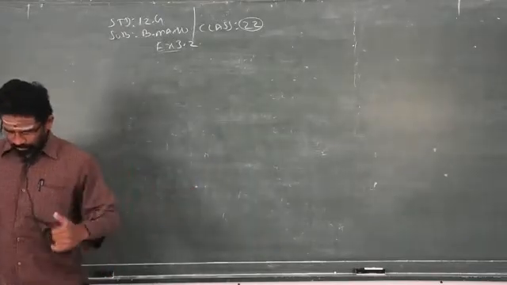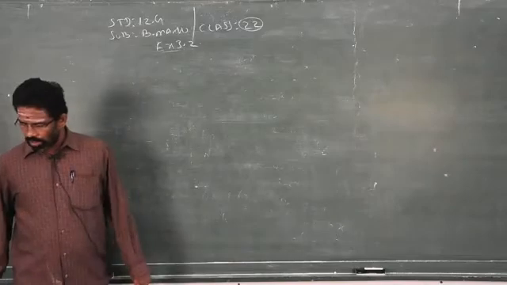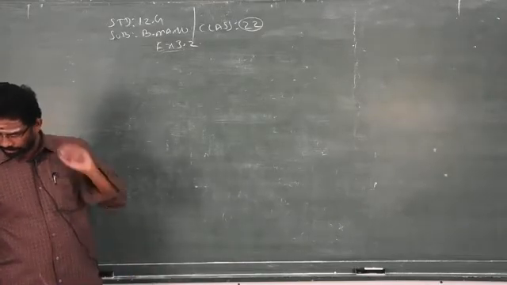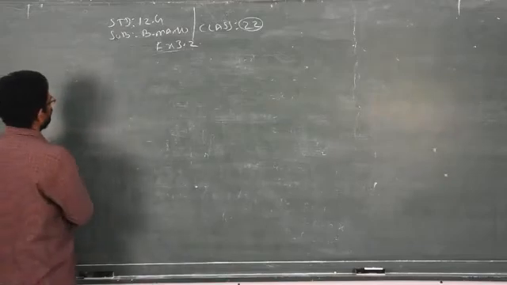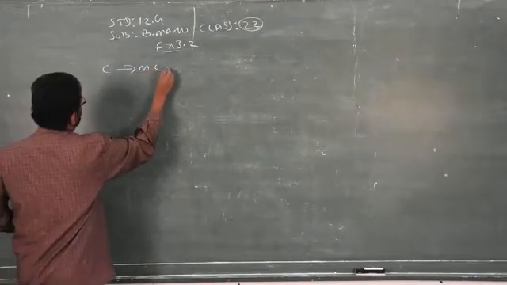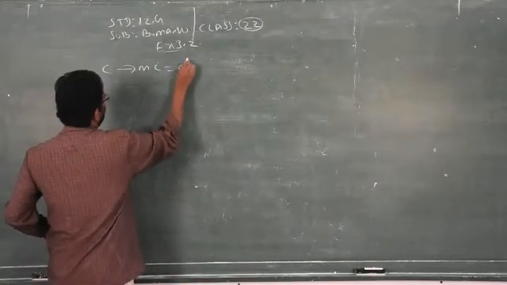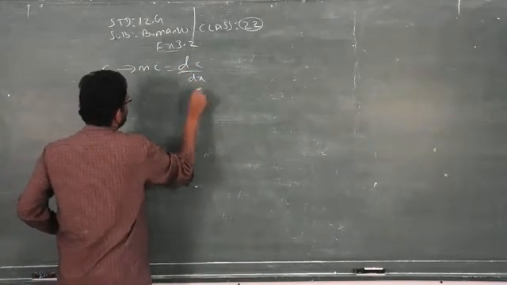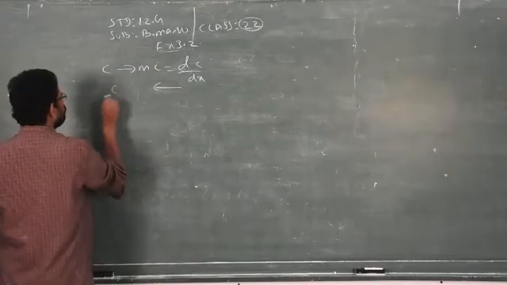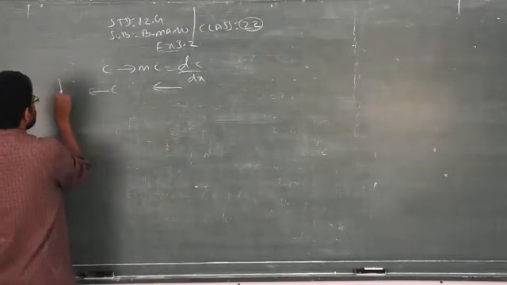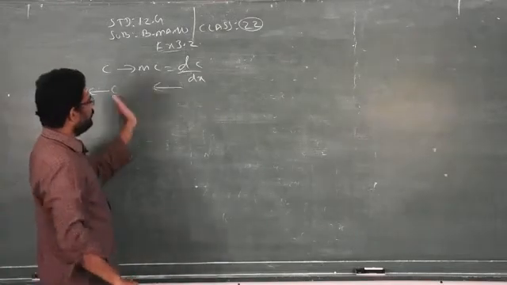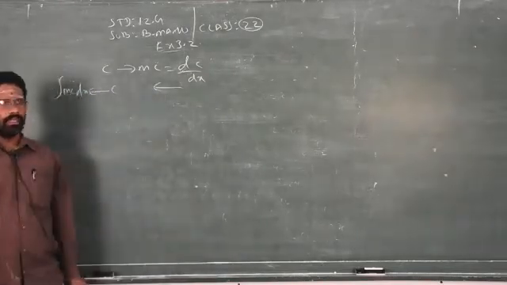Now, we have already completed sum number 4 and 5. So we will go to sum number 6, marginal cost, and you are asked to find out total and average cost. This you studied already in 11th standard. When cost is given, how do you find out marginal cost? To differentiate cost with respect to x. In the reverse order, when marginal cost is given, how do you find out cost? You have to integrate the marginal cost, because anti-derivatives are called integrations.